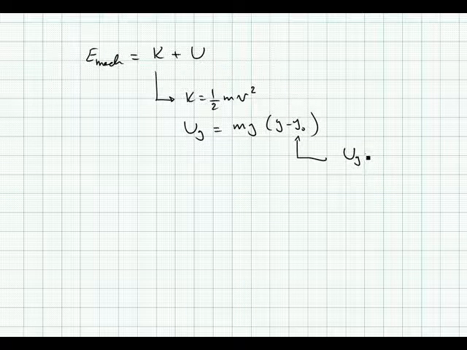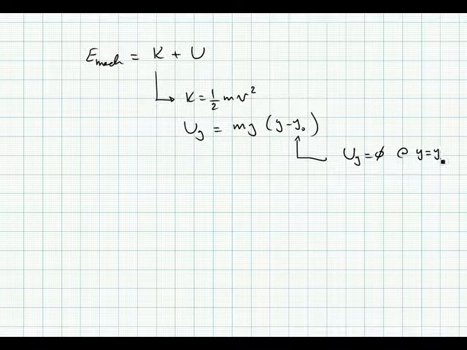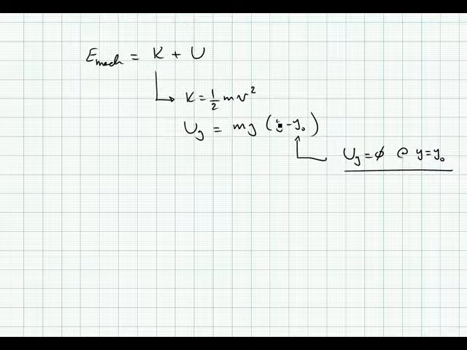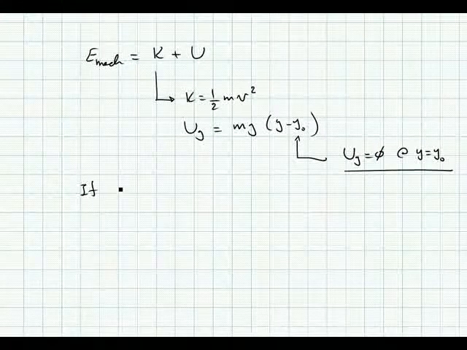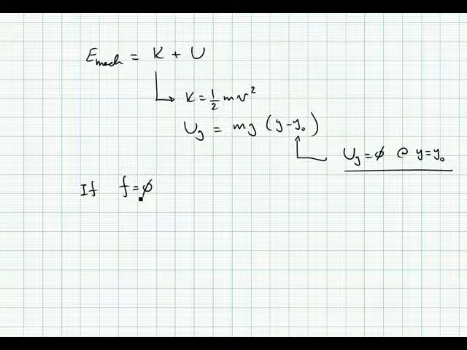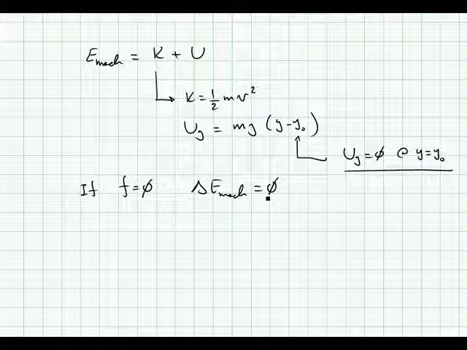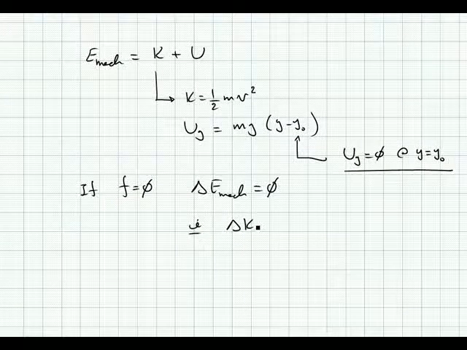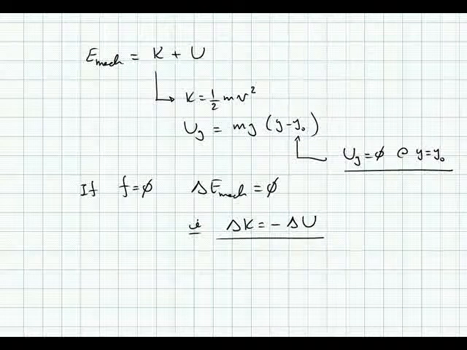i.e. Ug is 0 at y equals y naught, and y is the vertical position of the object. Now, if frictional forces are non-existent, then in the absence of friction, the change in the mechanical energy of a system is 0,